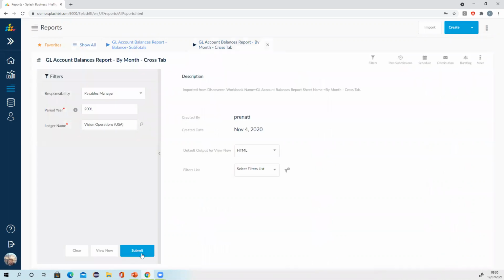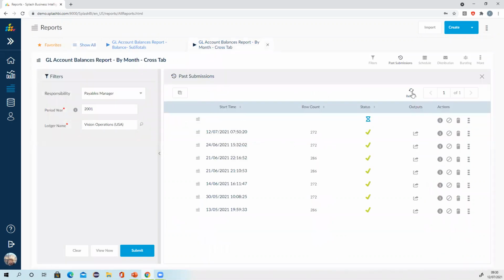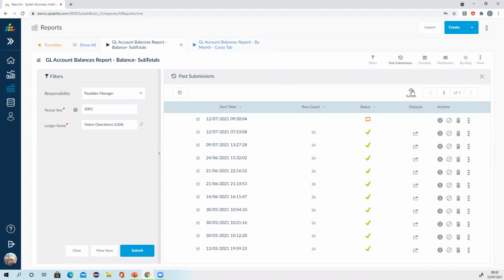So there we go. Now I can click on submit for this report. Again, it might take a few seconds, maybe a minute for that report to run. Let's see if the previous report has executed. Yes, it has. So these are the different output formats that you can see within Splash BI for the report